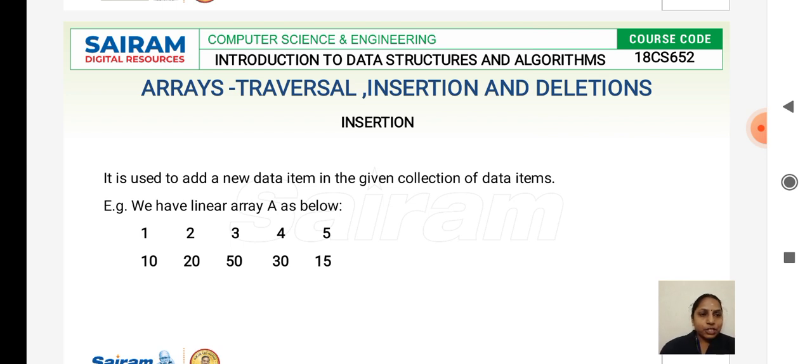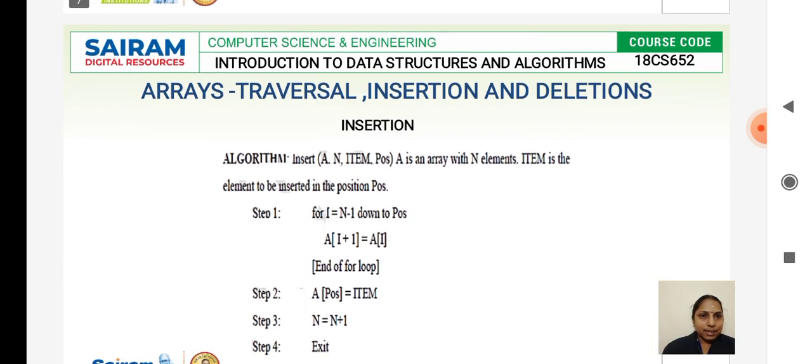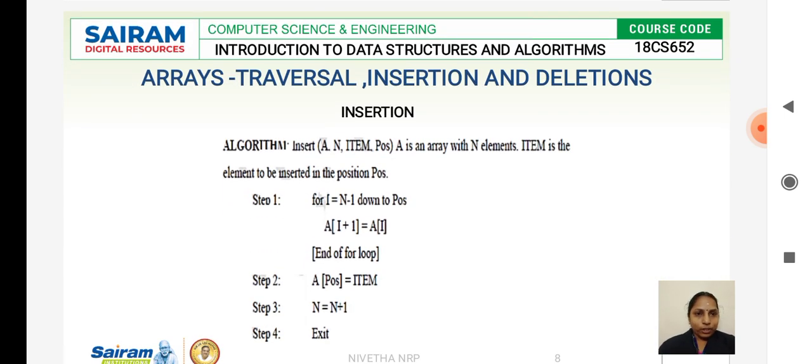Usually insertion is of 3 types. One is insertion at the beginning, the other category is insertion at the end, and the other category is insertion at a specific position. When I want to insert an element at the beginning, I give an instruction like that. When I want to insert an element at the last, I give an instruction to the computer using that logic. So for the intermediate, when I want to insert, I give the array location where I am supposed to insert. We'll see the algorithm for insertion.